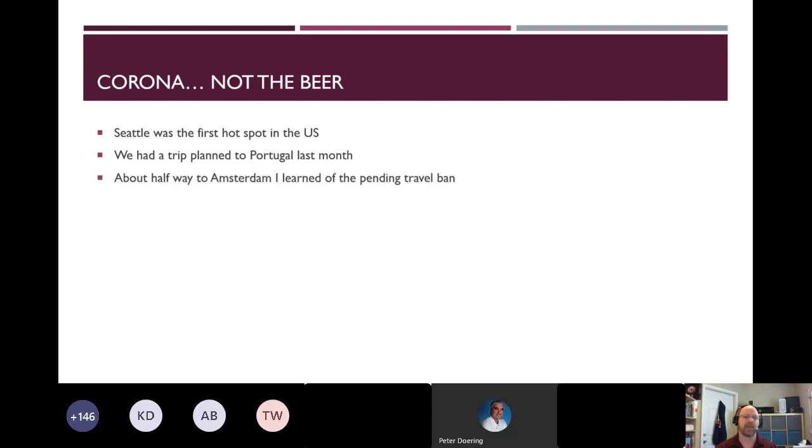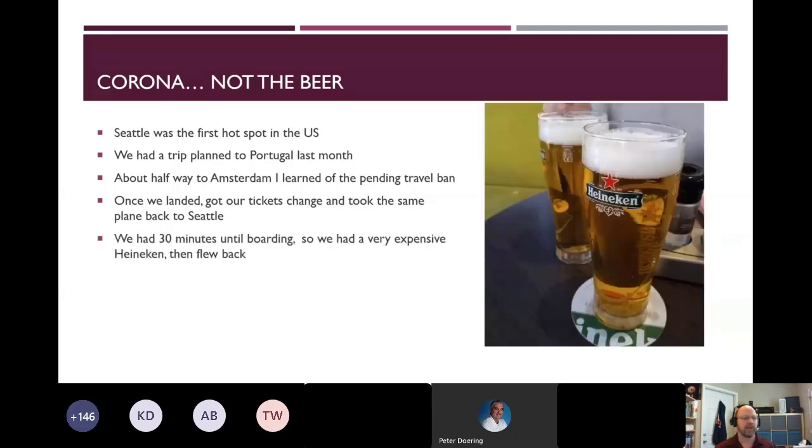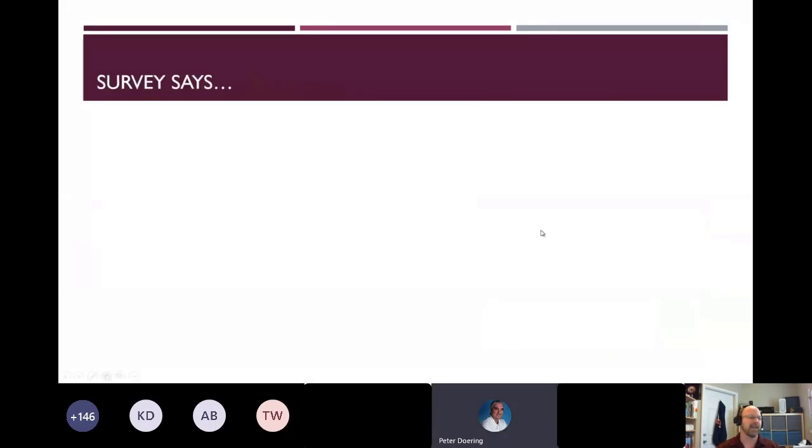About halfway to Amsterdam, we learned of the pending travel ban. And so we landed, were able to change our tickets, and we took the exact same plane back to Seattle. But we had about 30 minutes before boarding, so we had 2 very expensive Heinekens and flew back. Now, I'm a fan of beer. There aren't too many beers worth flying 19 hours for, and I'm pretty sure Heineken isn't one of them. So anyways,